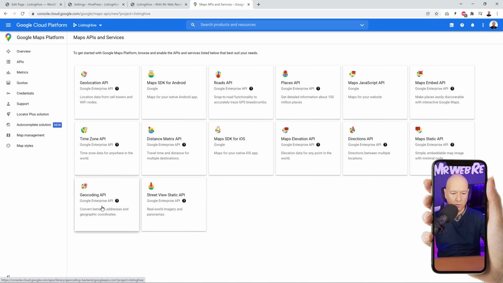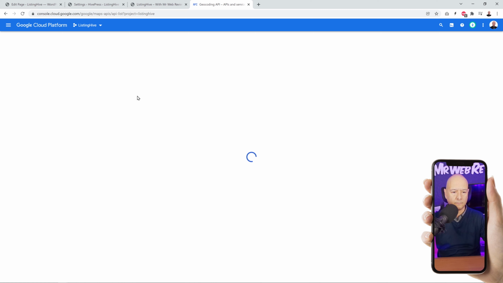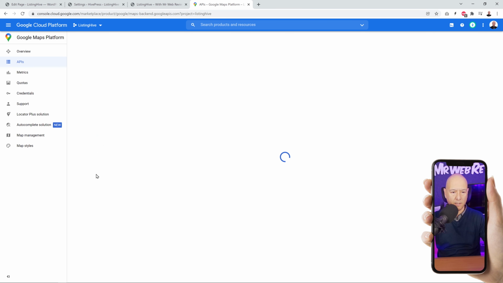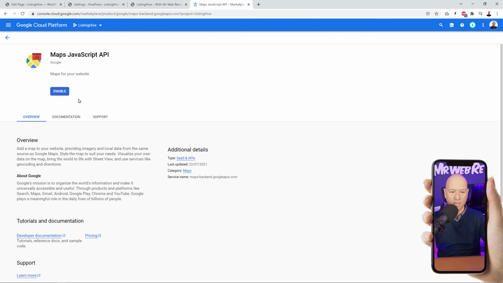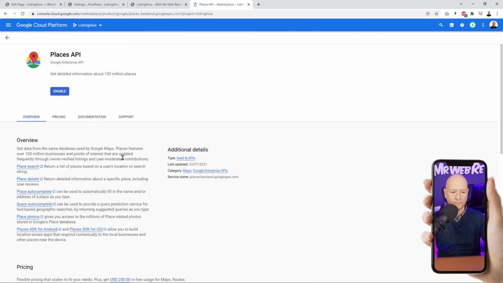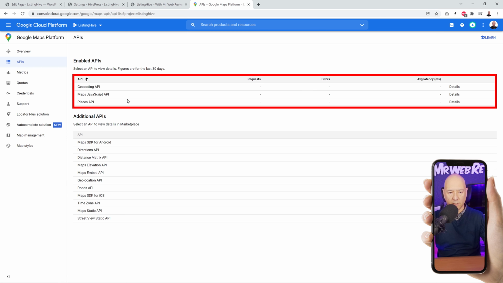So we're going to click on geocoding API first. Click enable. Okay, very good. Now we need to enable another one. We need the Maps JavaScript API. So we're going to click on it here, just like that. And we're going to do the same. We're going to enable it. Very good. And then the last one is Places API. So let's enable that one as well. Again, enable. Very good. And now that our 3 APIs are enabled, as you can see here right there on top,